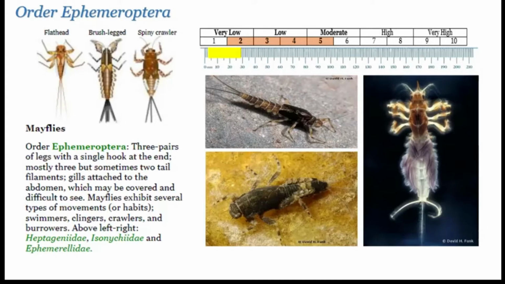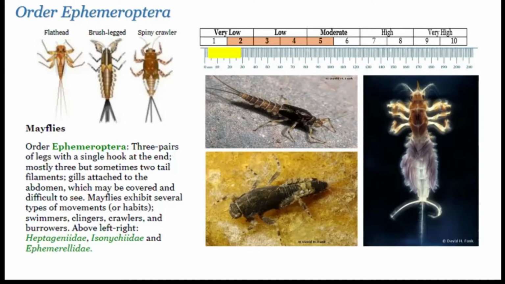Using tails to identify mayflies, not a good idea, primarily because there are a few families that only have 2 tails. Also, tails tend to fall off during collection. So you could find a mayfly, or you could collect a mayfly that doesn't have any tails at all, and it could still be a mayfly.